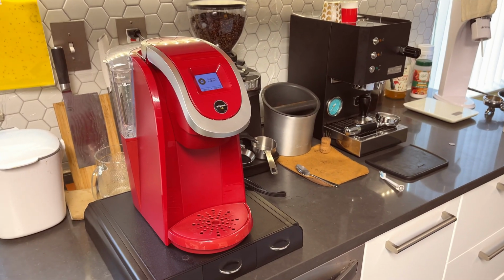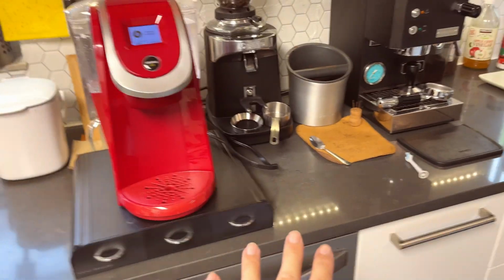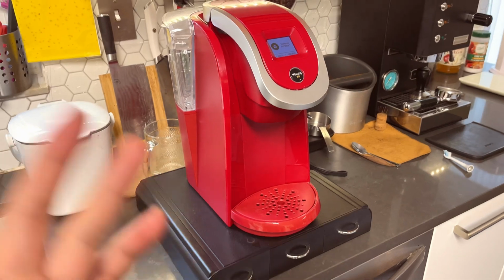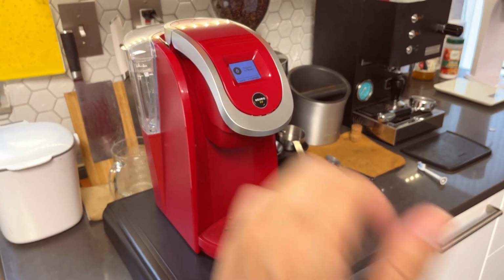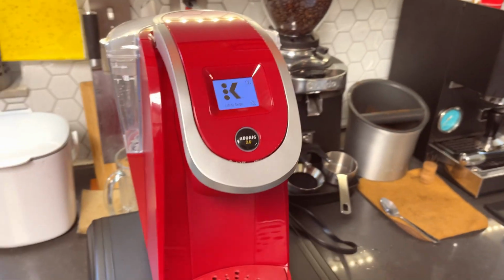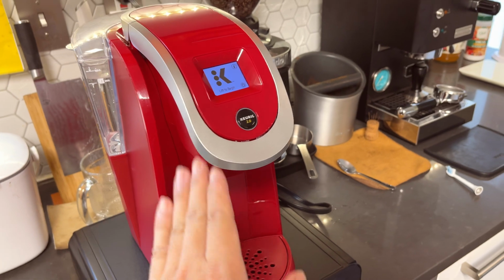So in this video, we are not talking about espresso making or bean grinding. We are actually looking at one of the much simpler options for coffee lovers, and this is the Keurig 2.0. The 2.0 actually came out quite some time ago, and this is one of the older versions that